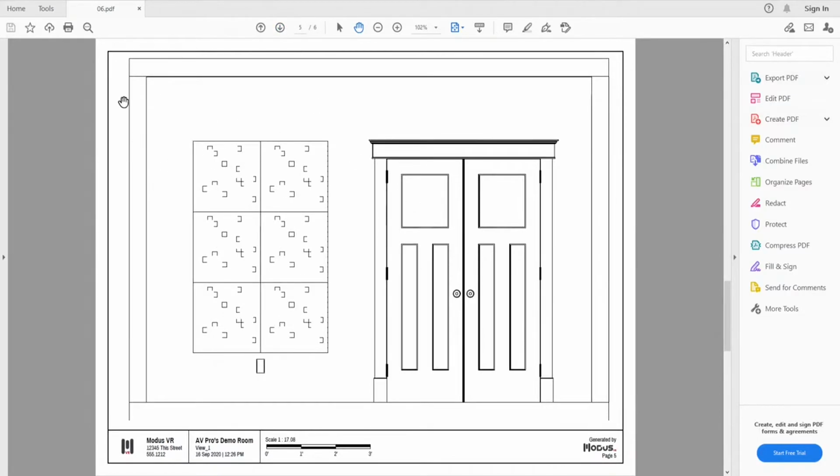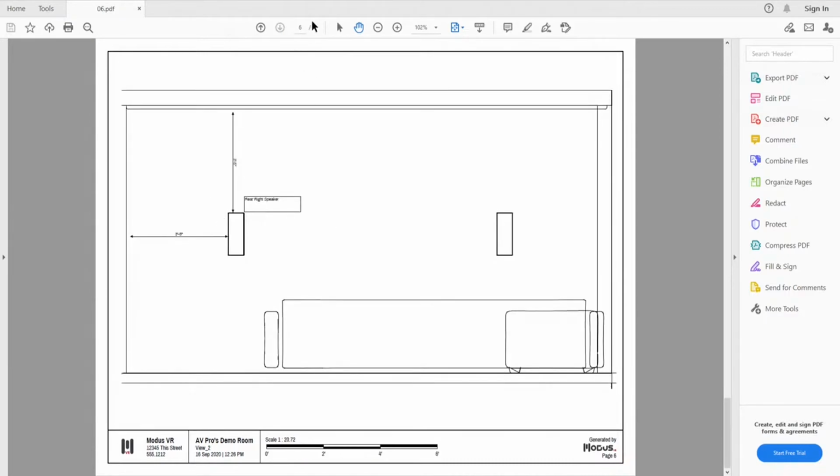I didn't actually do what I said I was going to do and call out this acoustic diffusion panel, but you can always go back and edit too. That's the nice thing about it. So that's great, having some nice line drawings to send off, nice reference docs, but that's not really what's going to excite your client. Your client's going to get more excited about the pretty renders that we're able to get out of Modus Photo. So we're going to launch Modus Photo, and you'll see this launches up, and this is